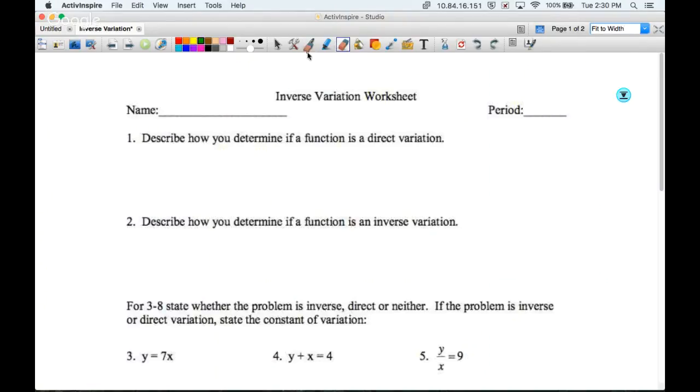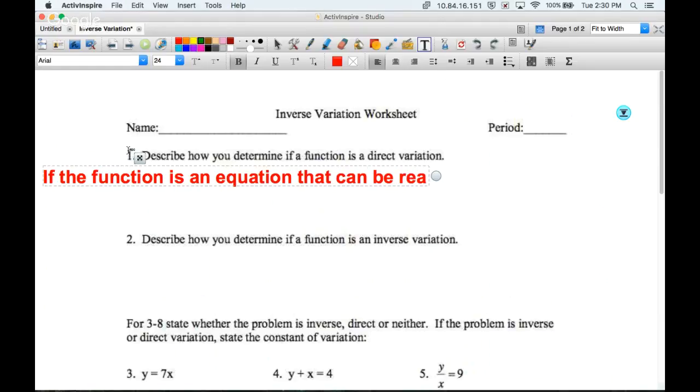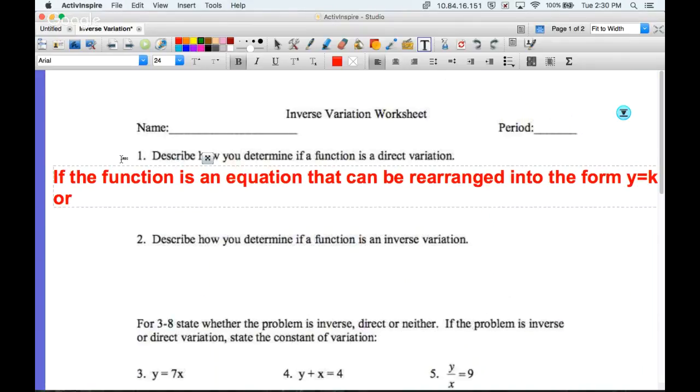Describe how you determine if a function is a direct variation. So I want to say a few things for this. First off, if the function is given as an equation, so if the function is an equation that can be rearranged into the form y equals k times x, or the other way that it can show up is if you divide x from both sides,